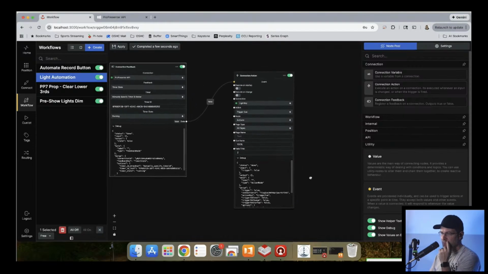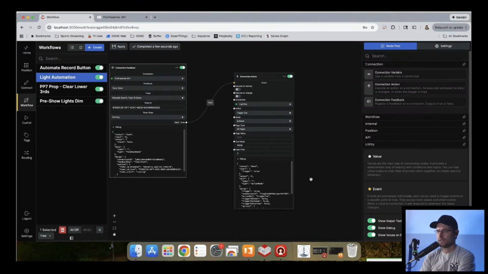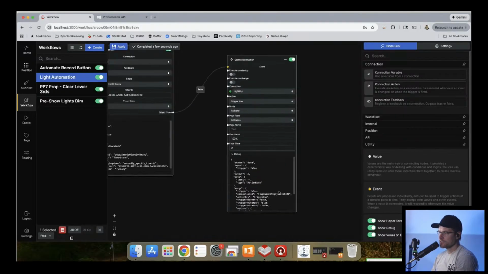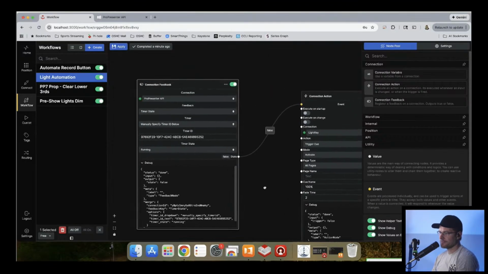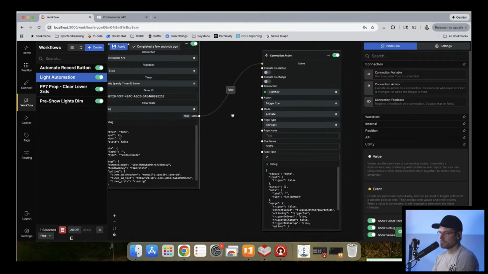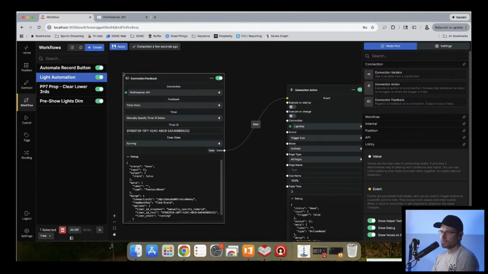Here's another thing, if anyone from Bitfocus Buttons is watching. How do you test an action? I want to test this, make sure this is working. How do I test it? Do I click go? Can I click go? Because I don't see a place where it says test. It just shows me nothing, so that's not super helpful. I wish there was a way to test that, but evidently there isn't, which is kind of annoying.